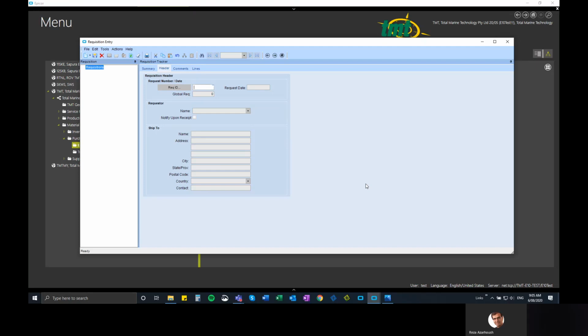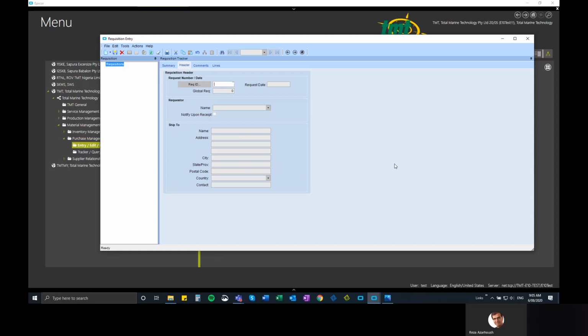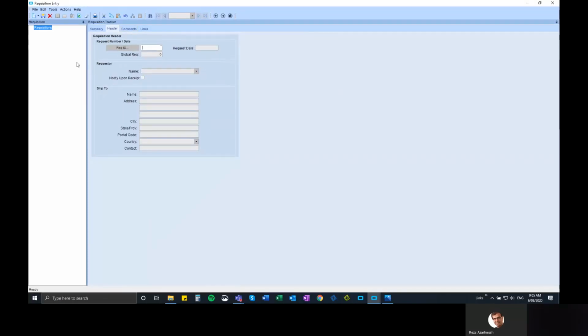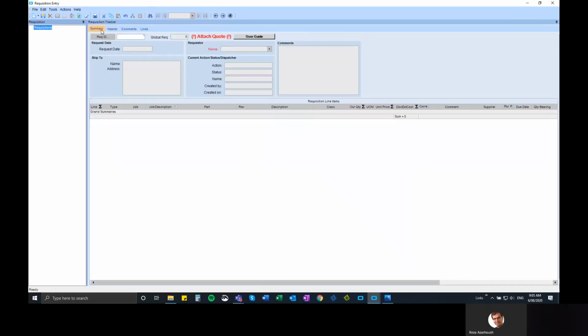So this really is designed for those users who don't work in job entry often, for users who don't have access to job entry. So administrative users, let's say HSE or HR or IT and other departments. And this is the way we can request purchase of materials or services or other various parts. So requisition entry. So to start us off,